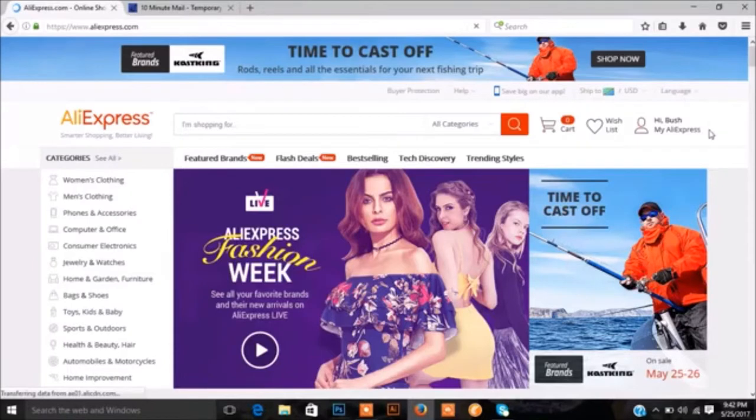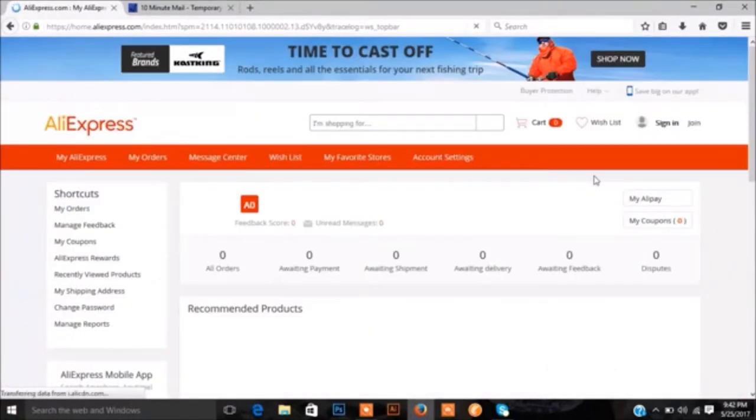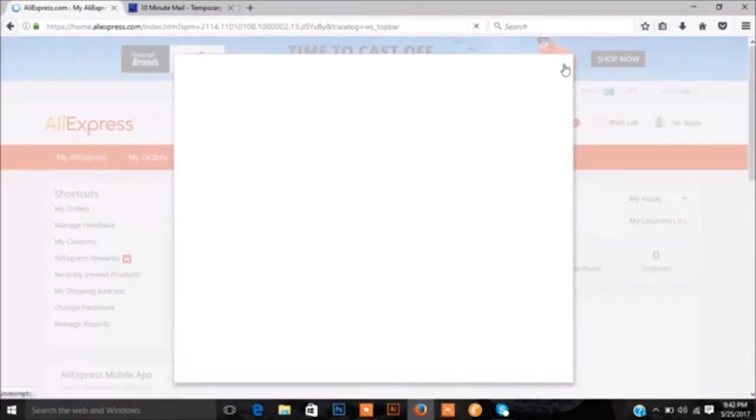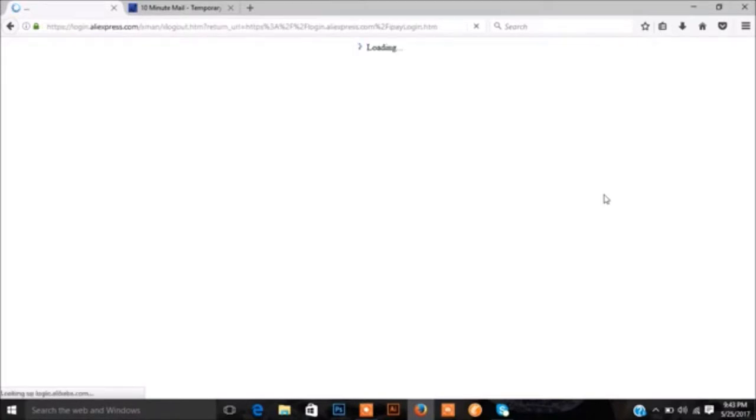Now from here what you need to do is go to your AliExpress account and create an account in Alipay so you can get free stuff. As you can see, here is the Alipay account. Just need to go here.